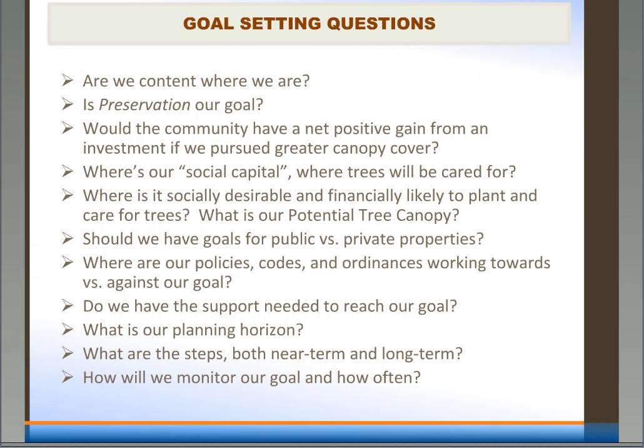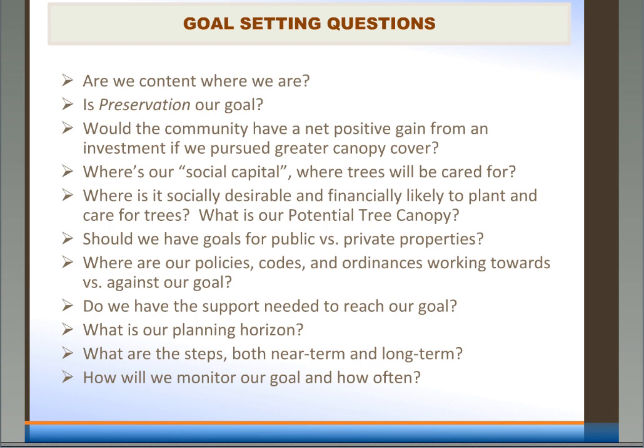If we're considering goal setting, one question right off the bat might be, are we content where we are? Maybe preservation of what we already have is our goal. I would hope in Colorado and Utah, for example, that we're certainly afforesting, and we're going to see more canopy over time. But I was in Cleveland 2 weeks ago for a canopy assessment workshop, and one of the cities I had worked with there about 5 years ago,